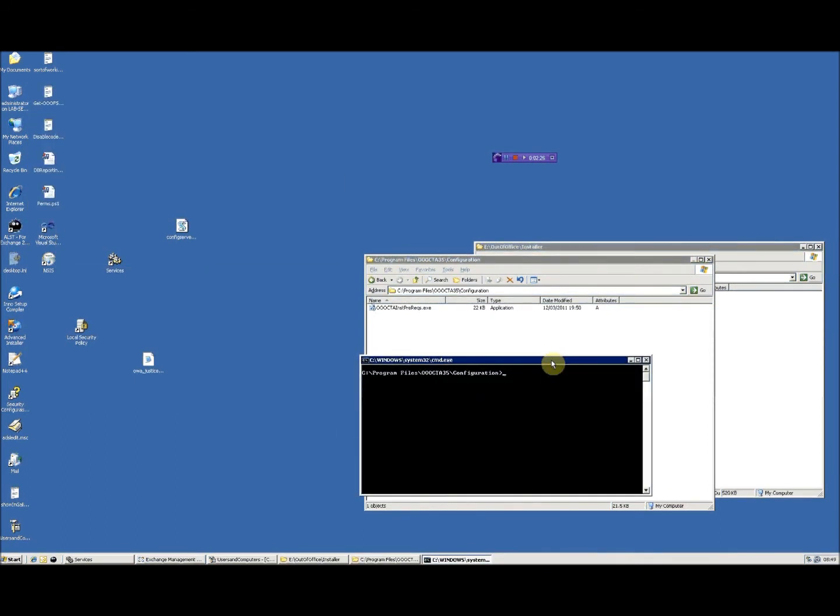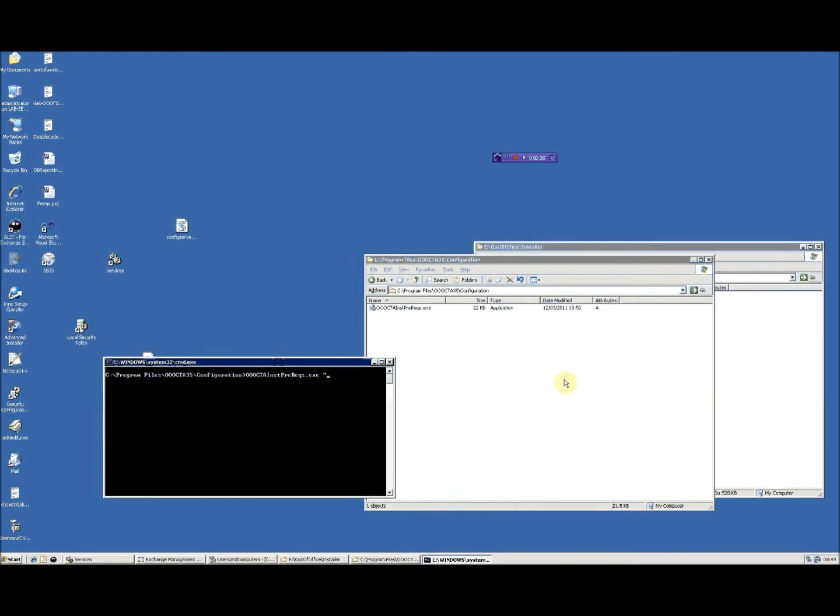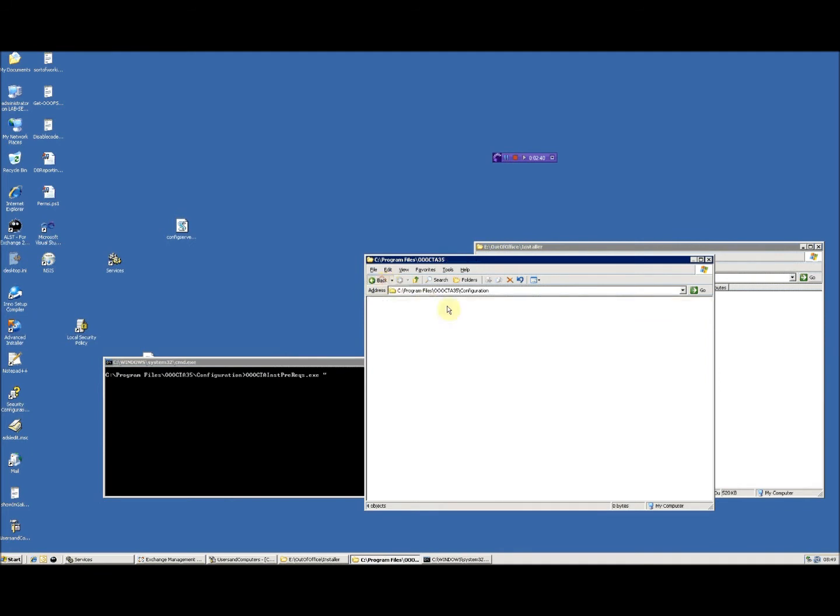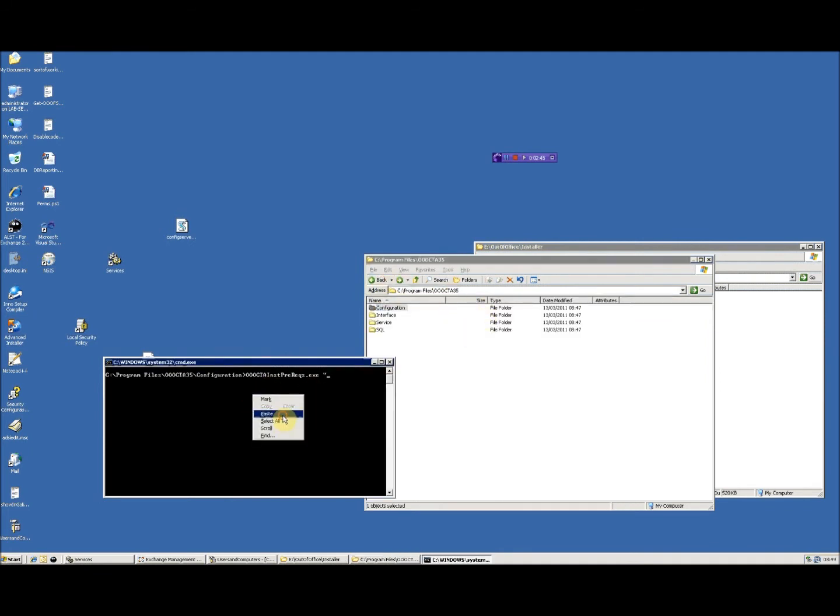And what I'm going to do to run this command is, it expects 2 parameters from the command line, one of which is the location of the interface files and one of which is the location of the service. Now for me, I have an easy way of doing this. I tend to go back, select the address from the Windows taskbar,